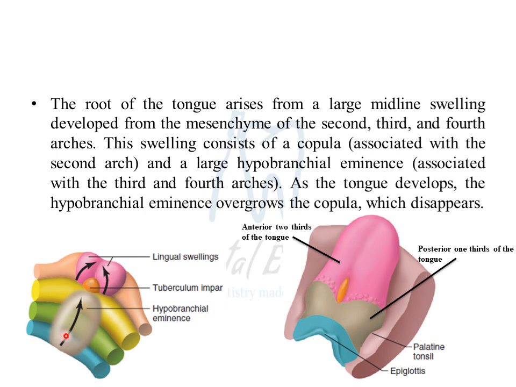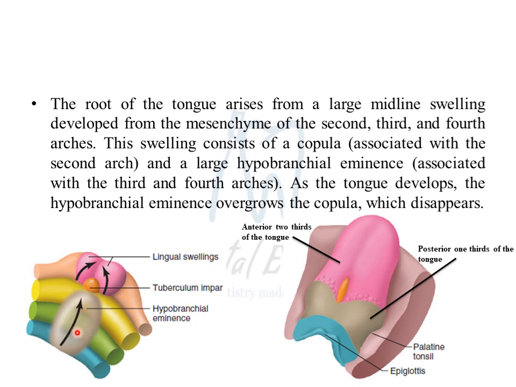Just a small area of the fourth pharyngeal arch is involved, but majorly the third pharyngeal arch is involved to give rise to this swelling known as the hypobranchial eminence. So what happens? The hypobranchial eminence overgrows the small transient swelling known as the copula, which is not a prominent swelling. So majorly we can say that the third pharyngeal arch is basically involved